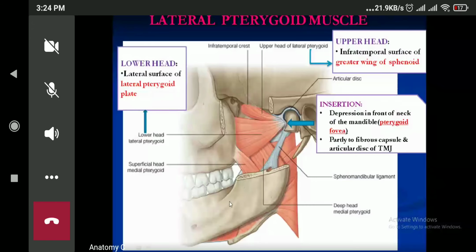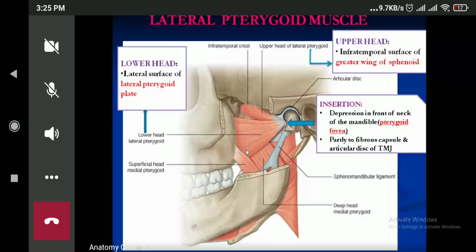Now next, just compare the action of the lateral pterygoid muscle with the medial pterygoid muscle, with origin and insertion. When this muscle acts like this, it will cause the elevation of the mandible, because see the direction of the fiber and see the origin and the insertion. The origin is somewhere on the medial pterygoid, the insertion somewhere over here. So this is going to pull the mandible superiorly and anteriorly.